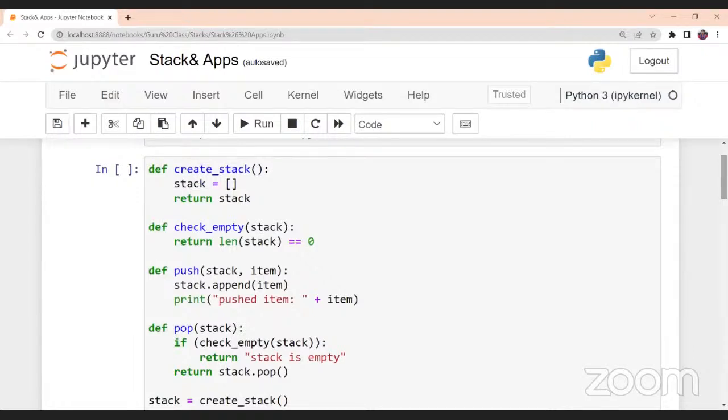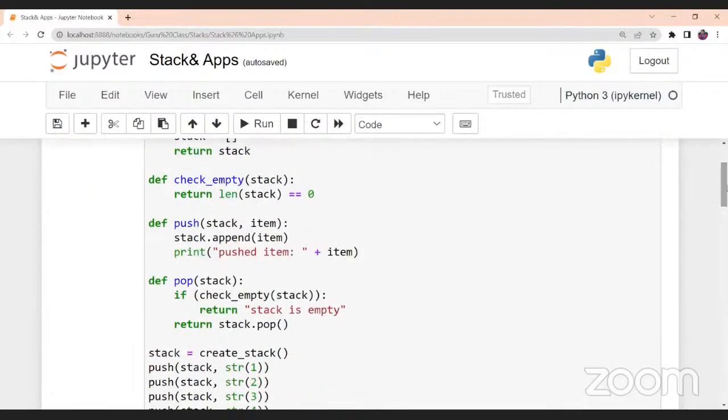Before seeing the infix to prefix conversion, we will see this particular thing in the implementation part.